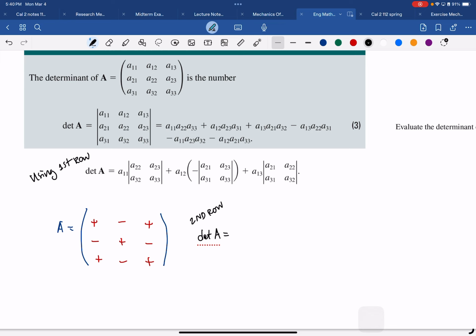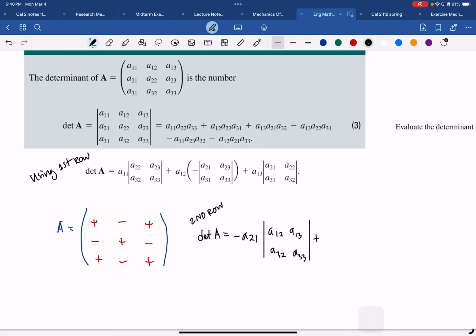So negative A21 multiplied with A12, A13, and A32, A33,